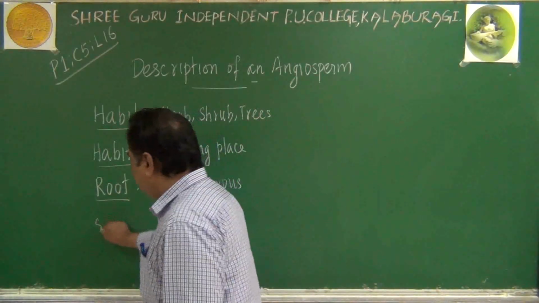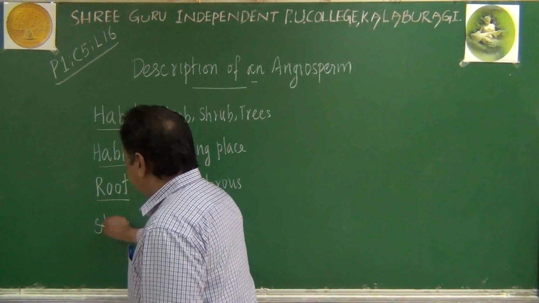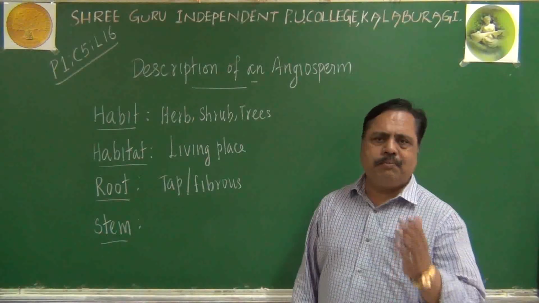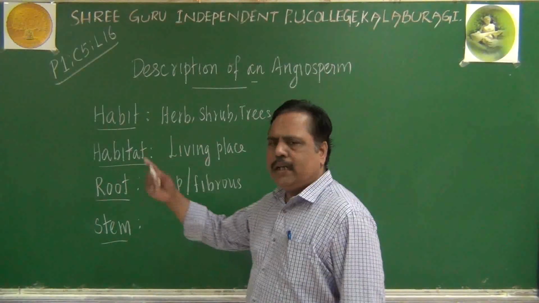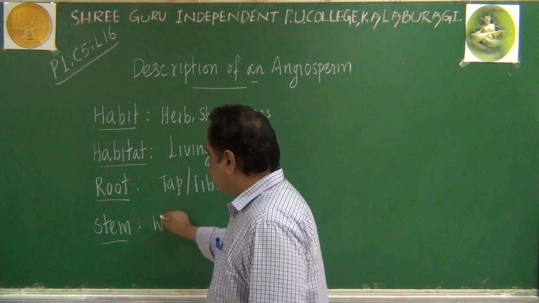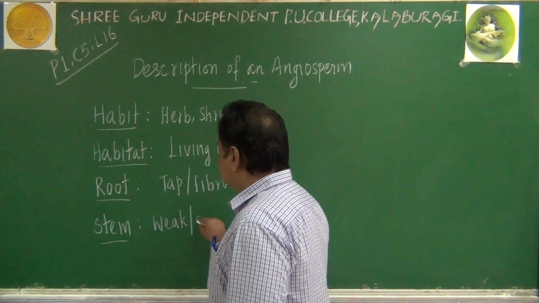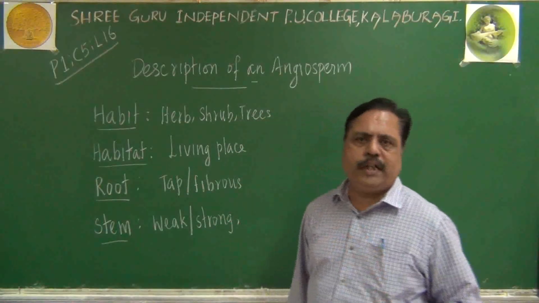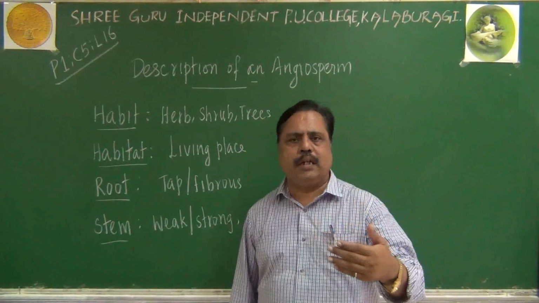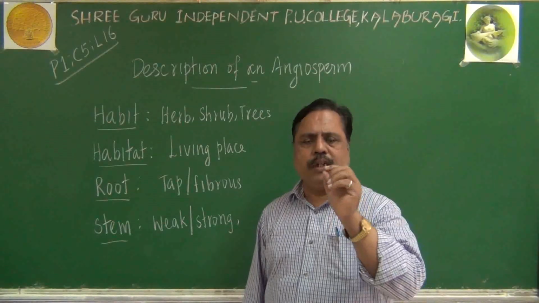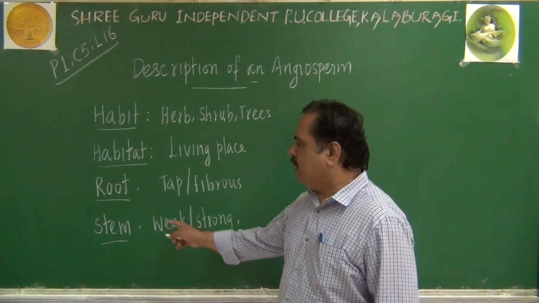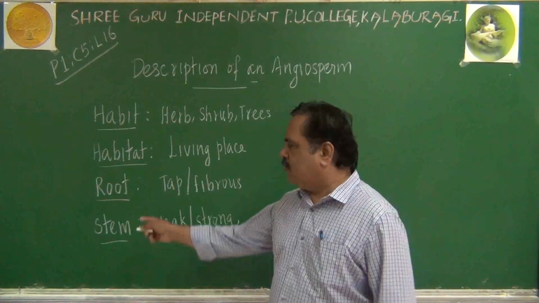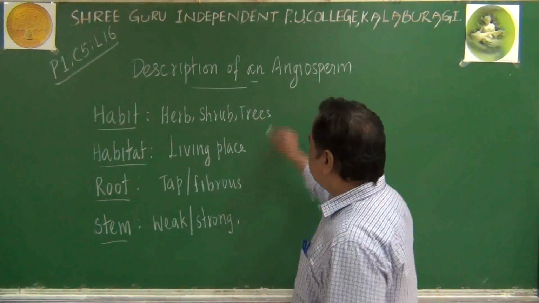Similarly, our next point will be related to the stem, we have to write its description. Stem is the aerial part, we know. Whether it is a weak stem or a strong stem, we are going to write here. Whether it is woody in nature, a climber, or has nodes, internodes, adventitious roots, everything you can write in the stem. That becomes one more point with reference to the stem. Next to that,